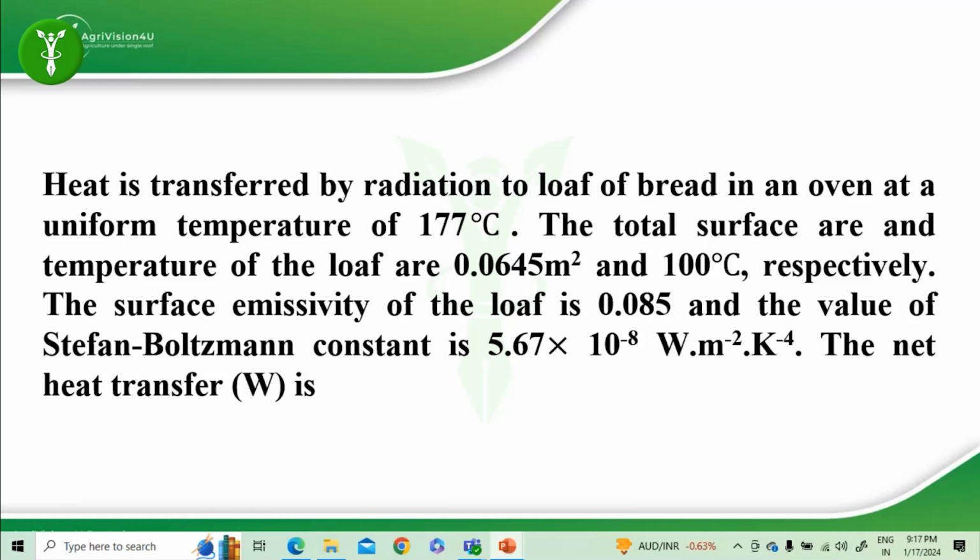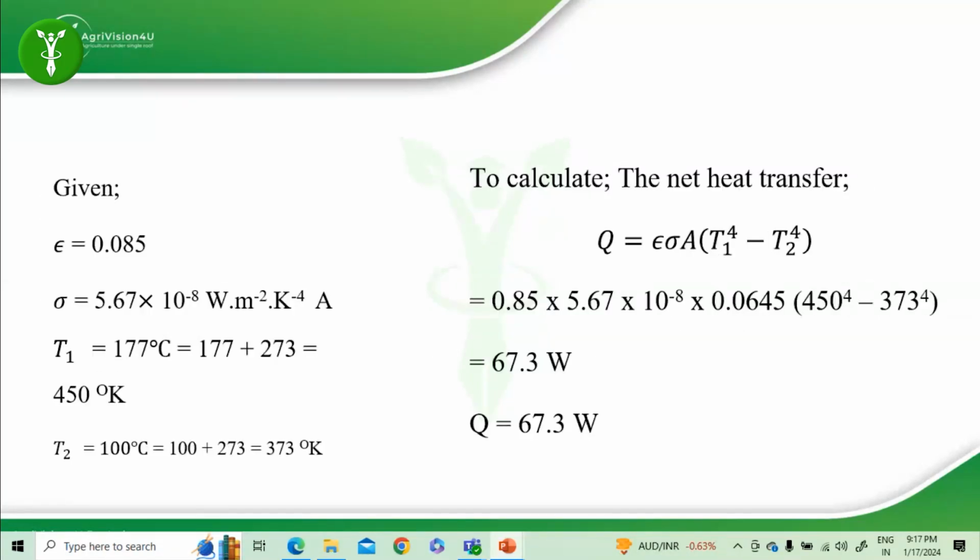So we will be using the formula Q is equal to epsilon sigma A (T1 raised to the power 4 minus T2 raised to the power 4). Let us go through it one by one. We will first pen down what is provided. Given values are: epsilon, emissivity, is